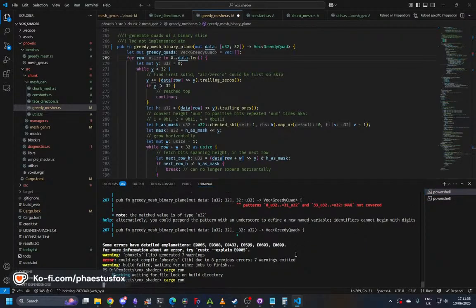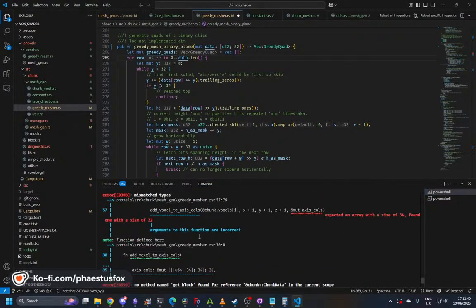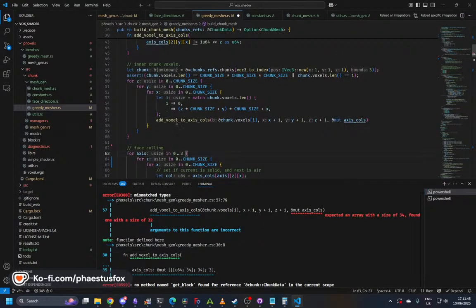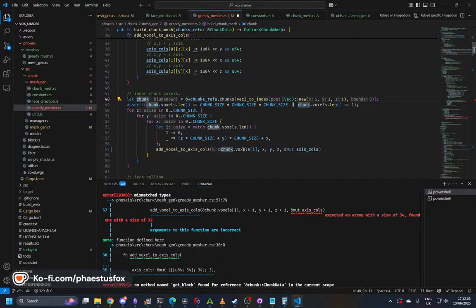Now, maybe if I run with you, you'll tell me where it was broken, because this just is throwing so much of an error. So you don't like that add voxel to axis column. So first off, you're adding +1, which I'm assuming by adding +1, this is skipping the padding, which we don't want to do. So then we get chunk.voxels I, which doesn't exist because I think it's, so for chunk in chunkref.chunk, vec3 to index, that should be fine. Except we want index